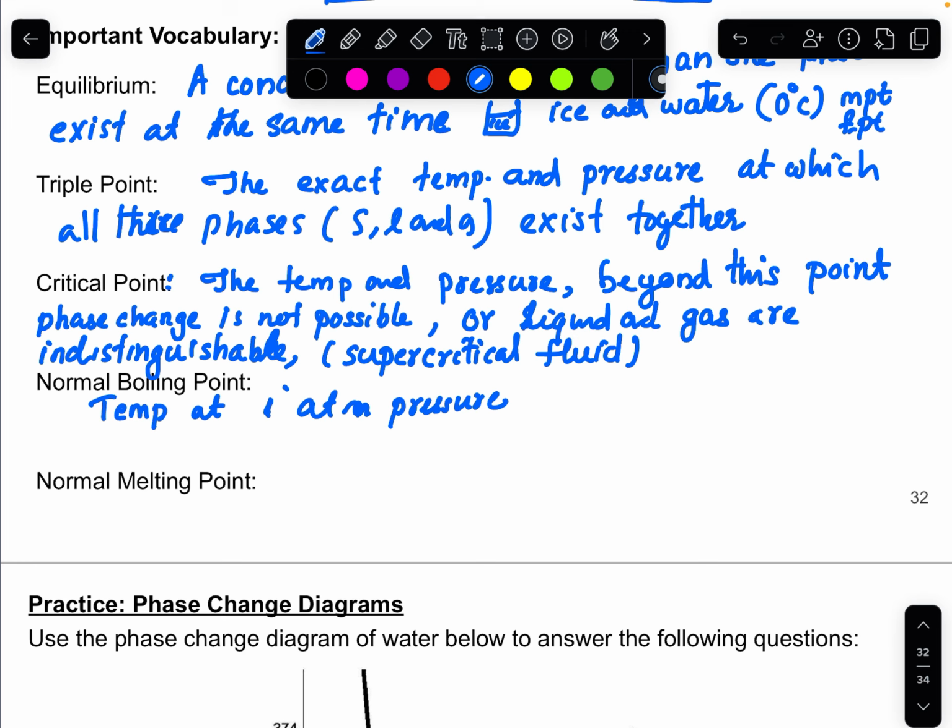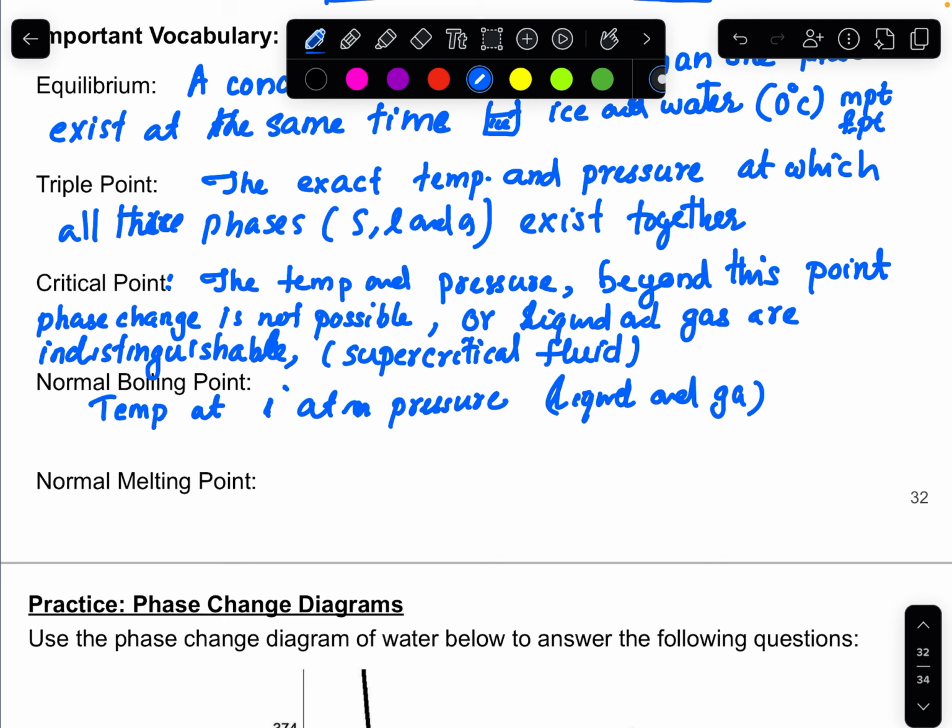Okay, then melting point. So there is an equilibrium between liquid and gas at the boiling point. Okay. Then